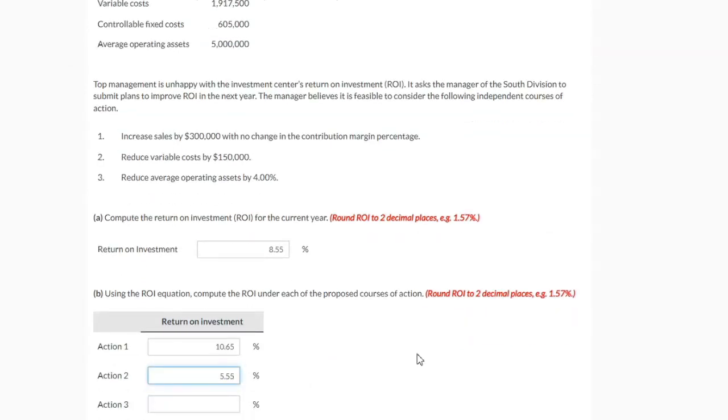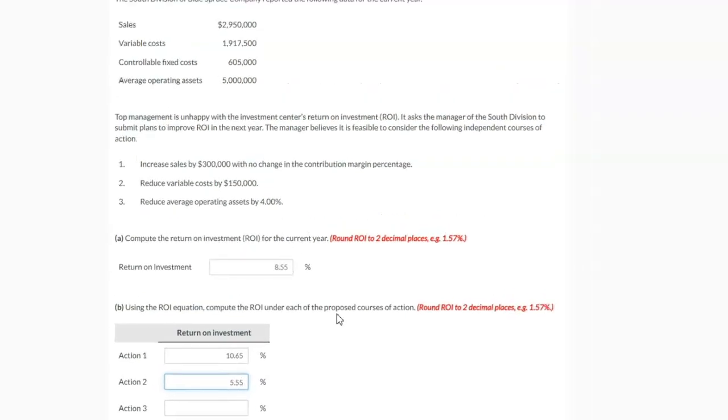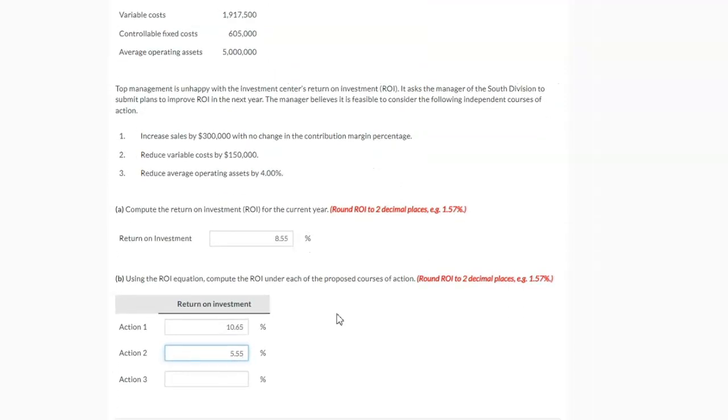Is everyone getting the same number, 5.55%? Because you guys are saying that you have the same numbers as well. I shouldn't have the same numbers. I'm having another number. No problem. I have the same basic numbers, but the results are different than yours. I don't know. We'll see.